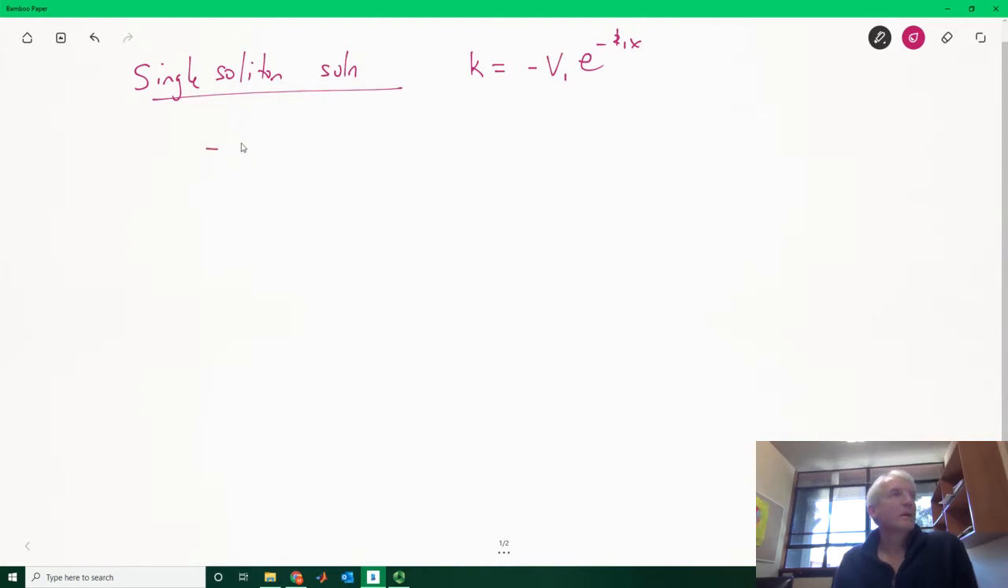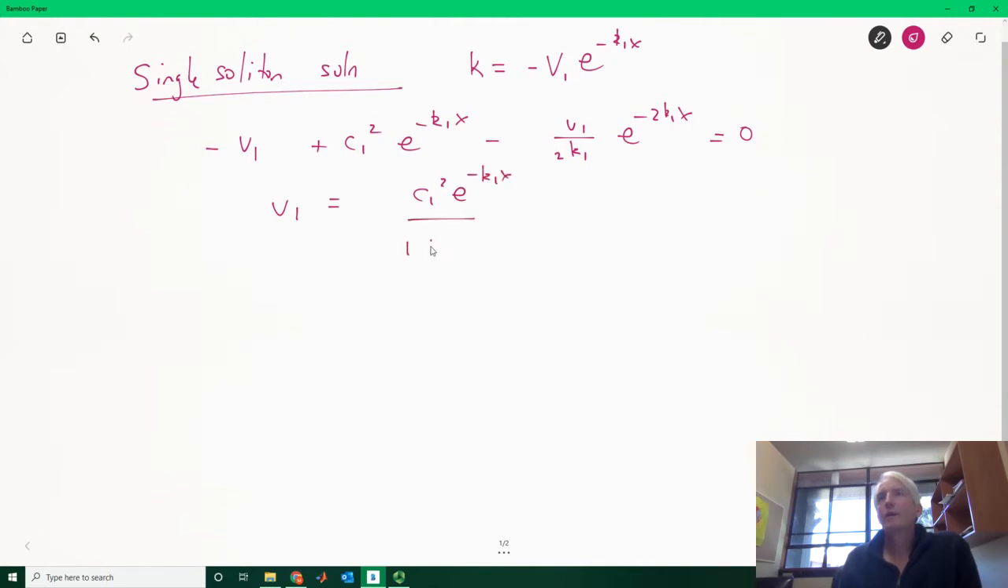And the equation that we wrote down before, if we only have one term, is really simple. It's minus V1 plus C1 squared e to the minus K1x minus, whoops, there's no sum here, minus V1 over 2K1 e to the minus 2K1x equals 0. So we can rearrange this equation and we get V1 must be equal to C1 squared e to the minus K1x over 1 plus,